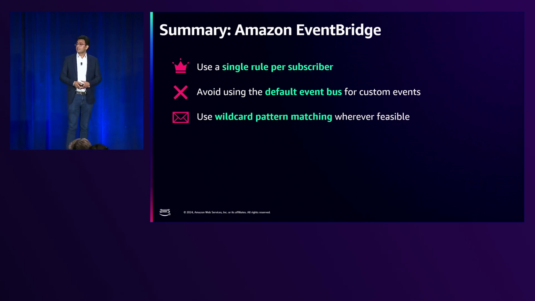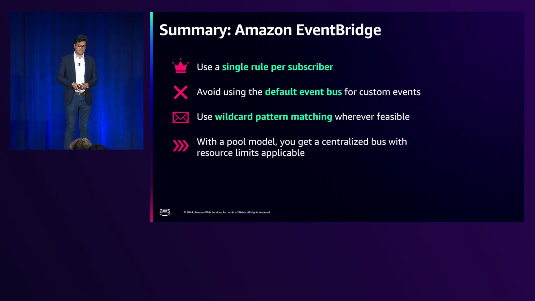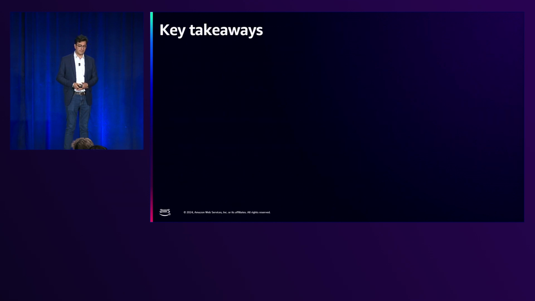Use wildcard pattern matching wherever possible because it helps in reduction of rules and management. And when you have the pool model, you are sharing one event bus across different tenants, right? Please be aware of limits. If you are going to hit or exceed any limits, definitely consider submitting a limit increase request, or if it is a hard limit, you can have a separate queue as well,